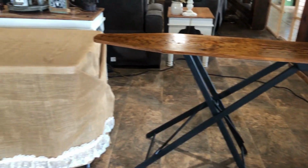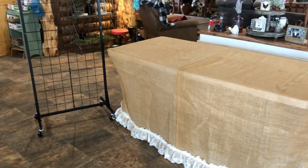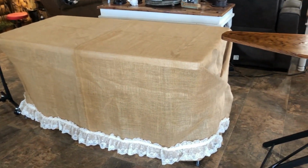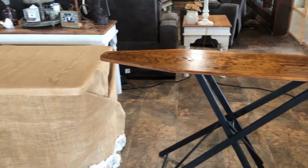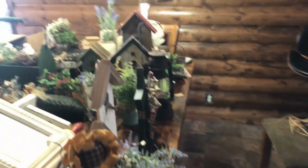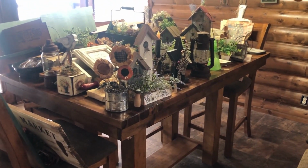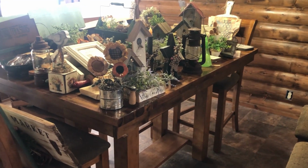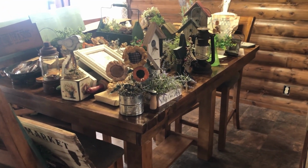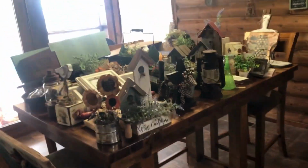Now what I'm doing here is I've got my table out, the ironing board, and then I do have a rack to hang things on. And I've got everything sitting on the table. Not everything. I still have quite a few things in the guest bedroom that I have to bring out, but I don't have any more room to put it, so I've set everything out here